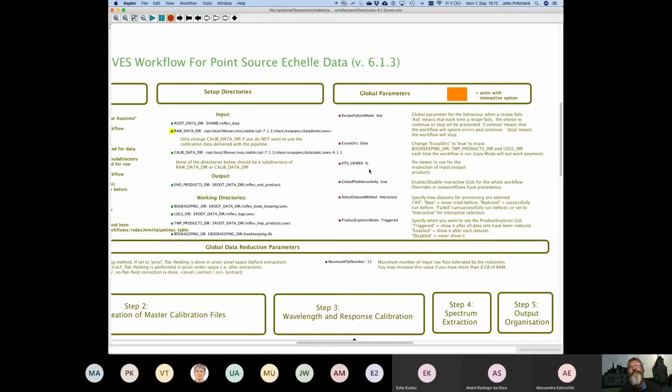There's a parameter for the FITS viewer. By default, it's set to a tool called FV, which comes from the HST. You can also set it to things like DS9 or SkyCat. Basically, it should be anything that allows you to load up a FITS image. There's a parameter called global plot interactivity, which by default is set to true. I'll talk about that in a minute. The select data set method, also interactive, and the product explorer mode, whether it's triggered, which is what we see at the end of the workflow. I'll come to that as well in a minute. So those are the things,